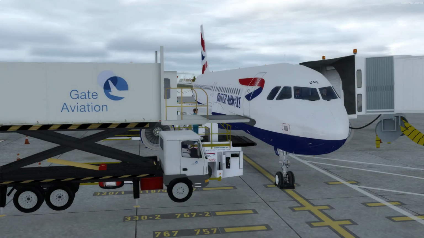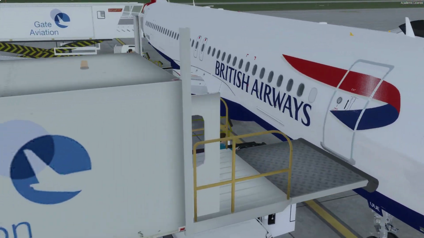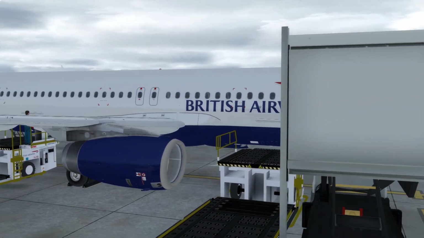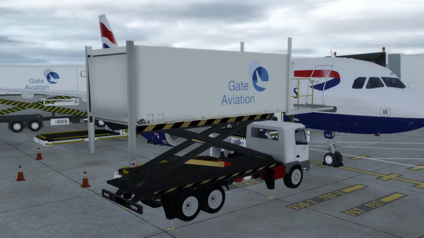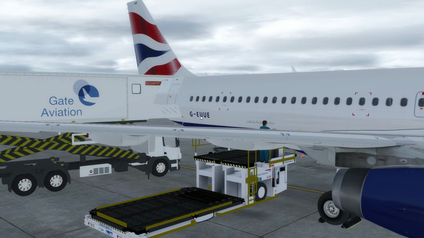Hey guys, welcome to P3D version 4.1, and as you can see, this is a brand new aircraft to the channel. This is the A320, I believe it's the 232 variant, which includes the IAE engines like this here, not the CFM, and currently at Heathrow with the British Airways livery, with our tail number as G-EUUE,